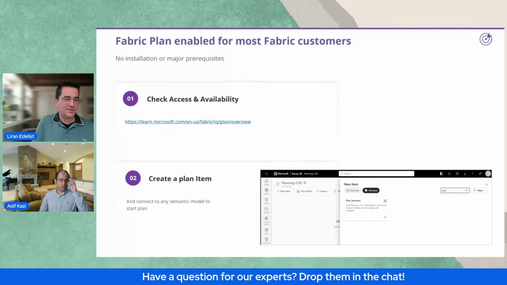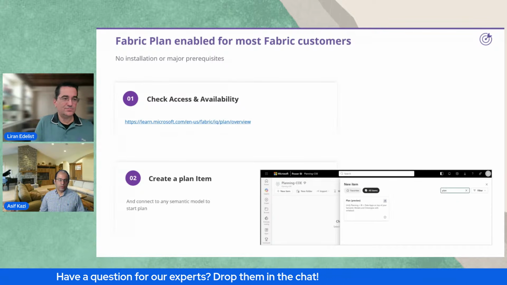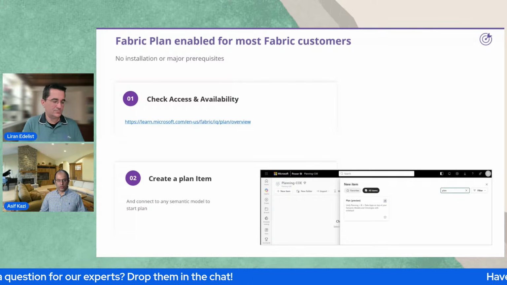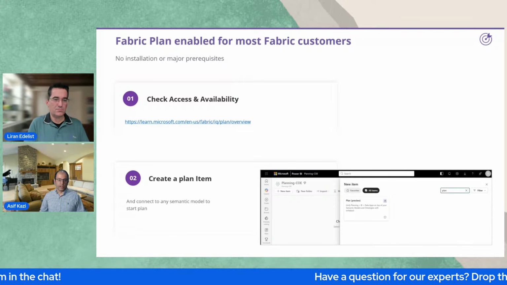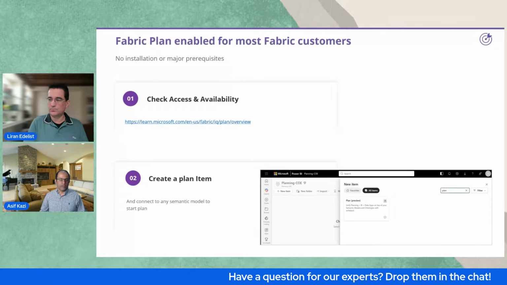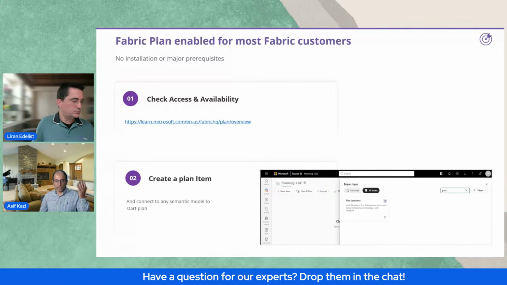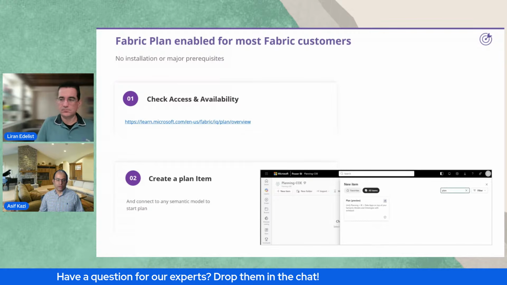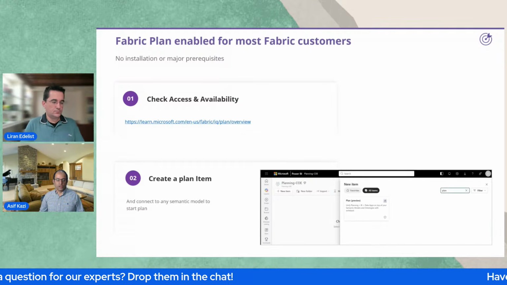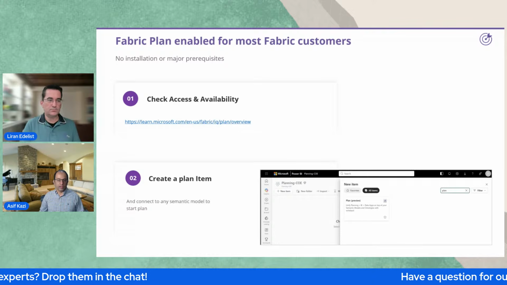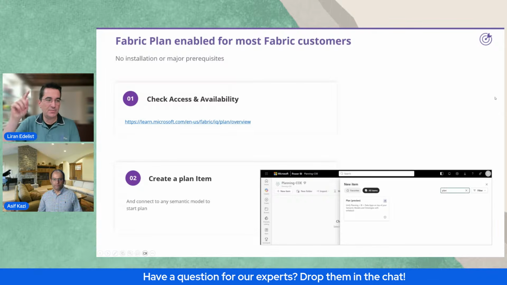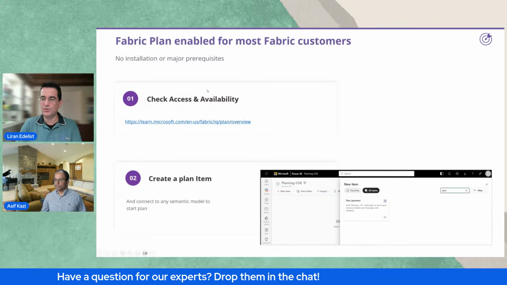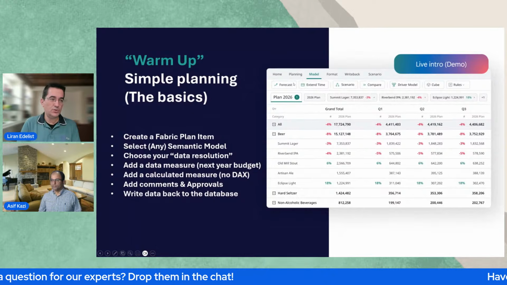Yeah, so Fabric Plan has been in public preview since FabCon this year. As long as you get it enabled on your tenant and your capacity, you have the ability to play around with it. We'd encourage everybody to take a look, use it in your environment, and provide feedback. So, no installation: make sure it's available, check the box to enable preview, and you can do exactly what I'm going to do in my demo.